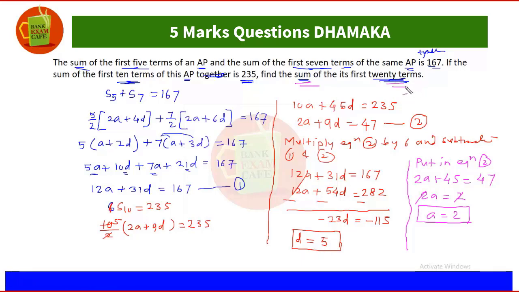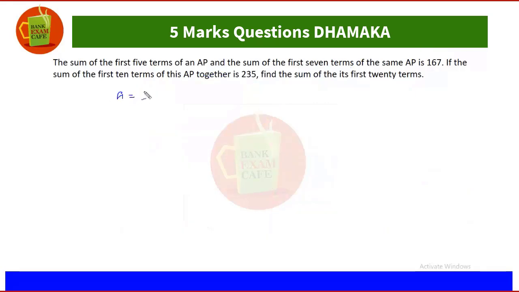So here we will solve it further. To find the sum of the first 20 terms, I make space here and delete everything. So here we got a is equal to 1 and d is equal to 5, and therefore S20, the sum of first 20 terms, will be equal to n by 2 into bracket 2a plus 20 terms means 19d. So which is equal to 20 by 2, 10 into 2a, a is 1. So 2 into 1 plus 19 into 5.